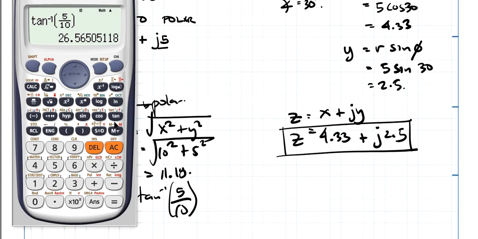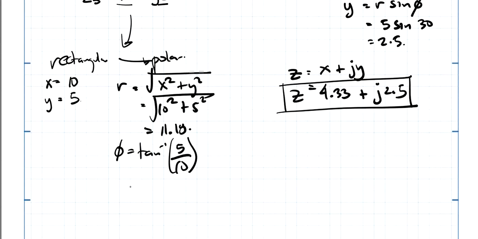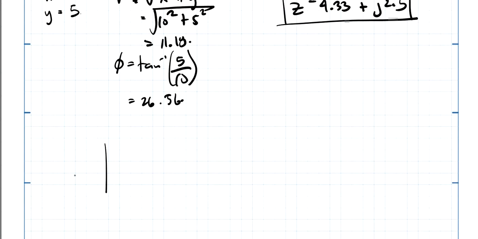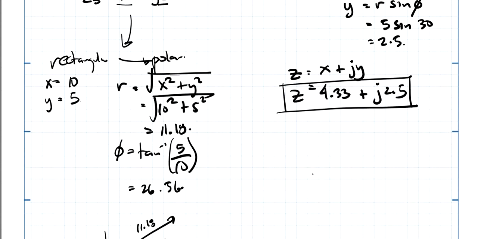This is 26.56, a positive value. That means if we need to draw this, we have a value of 11.18, and the angle right here is 26.56. Now for this one, the x value is 4.3, and then the y value,